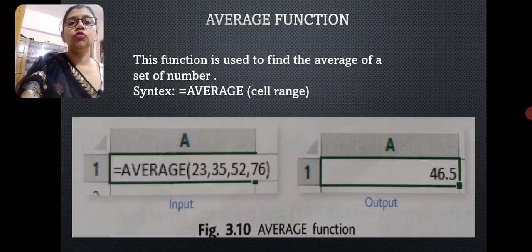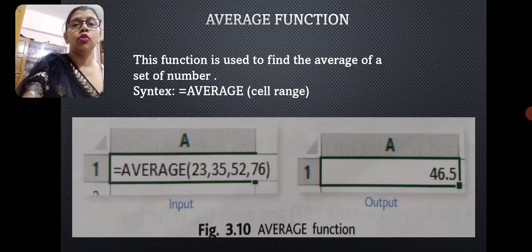Now next is the AVERAGE function. This function is used to find the average of a set of numbers. Everybody knows an average. In MS Excel, how do we find it? See the syntax: put the equal sign, then AVERAGE, which will also be in capital letters. Always, all the functions should be in capital letters, children. Then put a small bracket open, then give the cell range here, then close the small bracket,